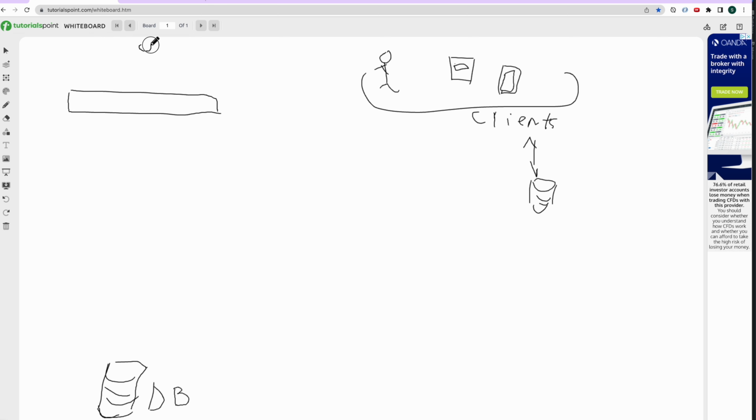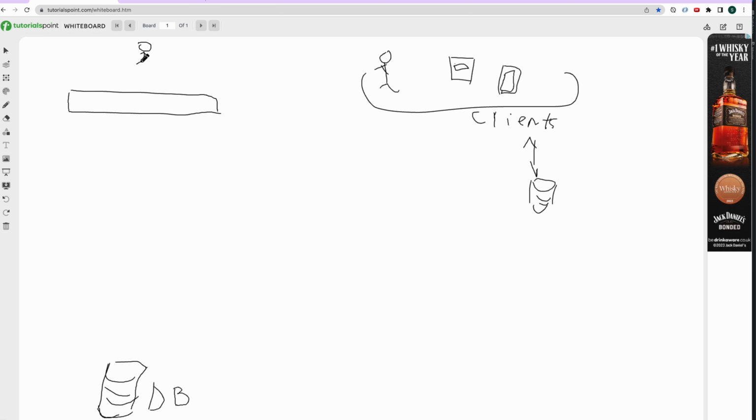So here is our client. Let's draw a person. This is a client, and the client makes HTTP calls to, let's say, something in our app. So this is an HTTP request. For example, a GET request. He wants a list of our customers. So he interacts with the